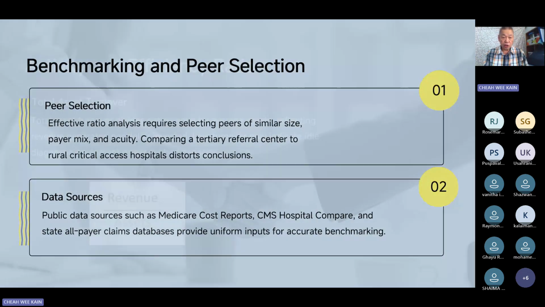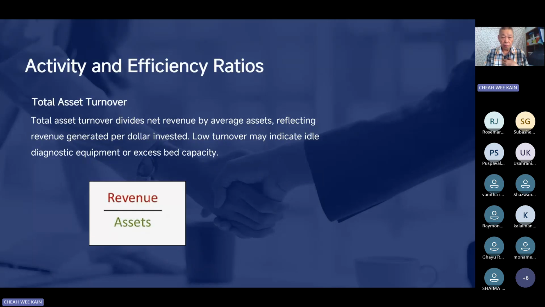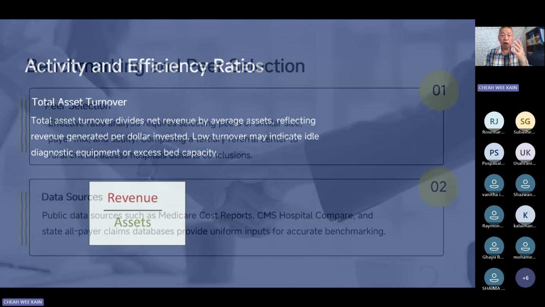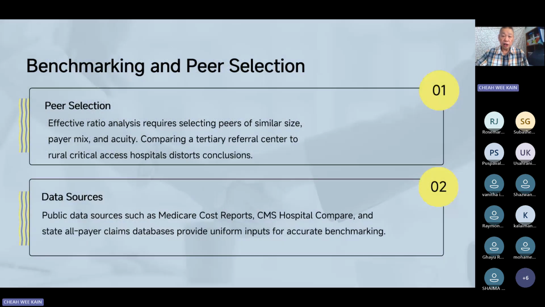Now, what are activity and efficiency ratios? If I'm the bank, and Aeon comes to see me to borrow money, and KK Mart also comes to borrow money, I look at the ratios and can do peer selection, to see which company is doing better. Now, when you talk about supermarket ratios, compare with another supermarket. You don't compare different industries, because different industries are different. Let's say, for example, the supermarket industry is a lot of cash business. Compare that with another company that makes equipment.